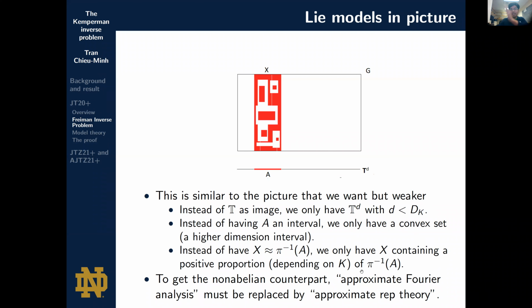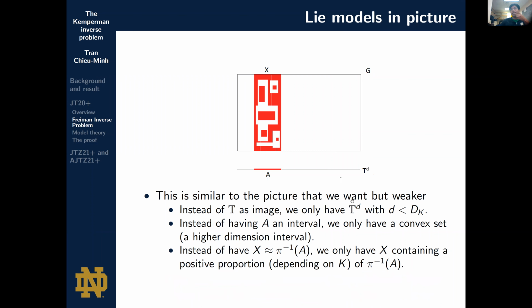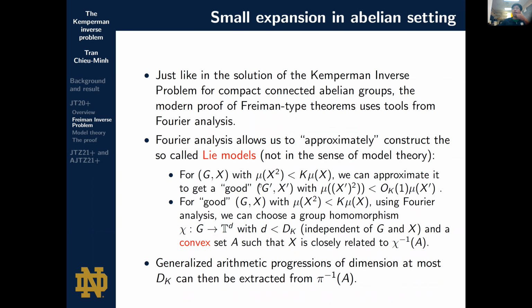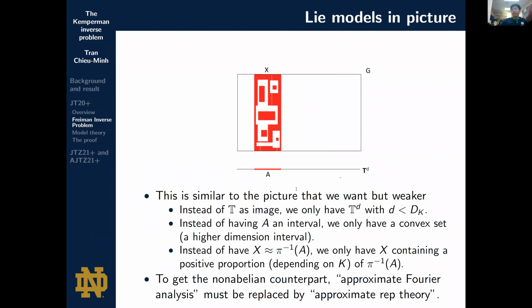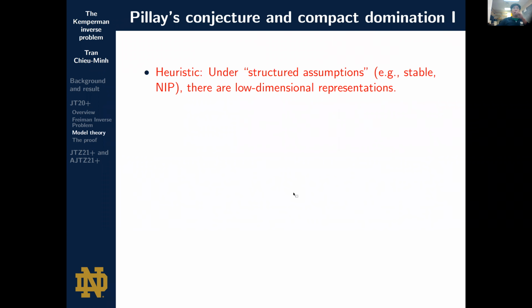So actually no such theory called approximate representation theory has been entirely developed yet. And the reason I call it approximate Fourier analysis instead of Fourier analysis is because in the first step over here, you are approximating. So you cannot use Fourier analysis directly, but you need to approximate it to get some kind of good model. Okay, and this is where model theory comes into the picture. And the heuristic over here is that under certain kinds of structure assumption,